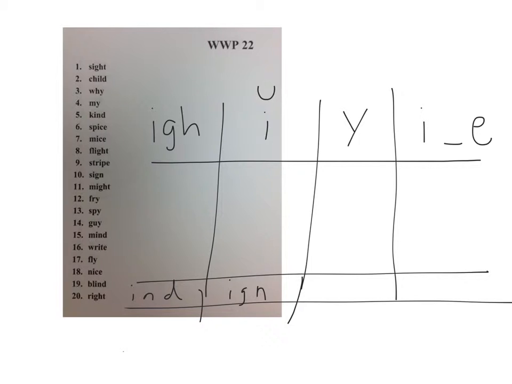Okay, so you might have noticed that there were lots of different patterns that were making the long I sound or the short vowel sound. When you have the three letters IGH, they work together as a team and they make that long vowel sound. When you have an I in a word by itself, followed by consonants, typically this vowel is going to say the short vowel sound. For instance, in the word